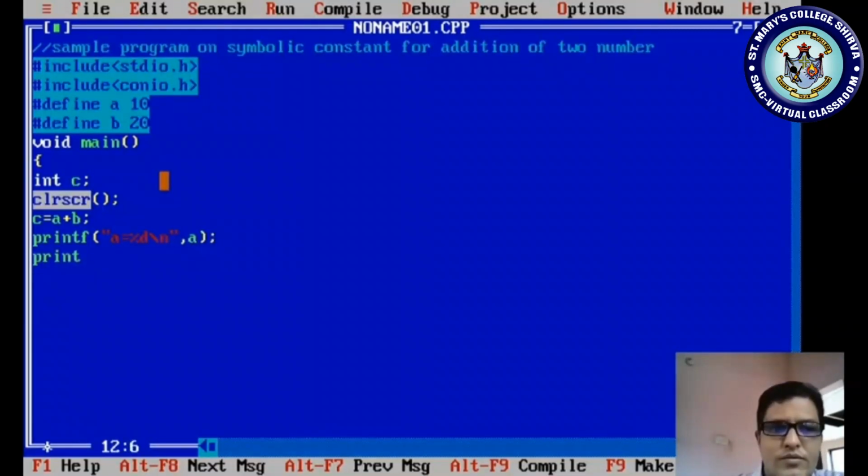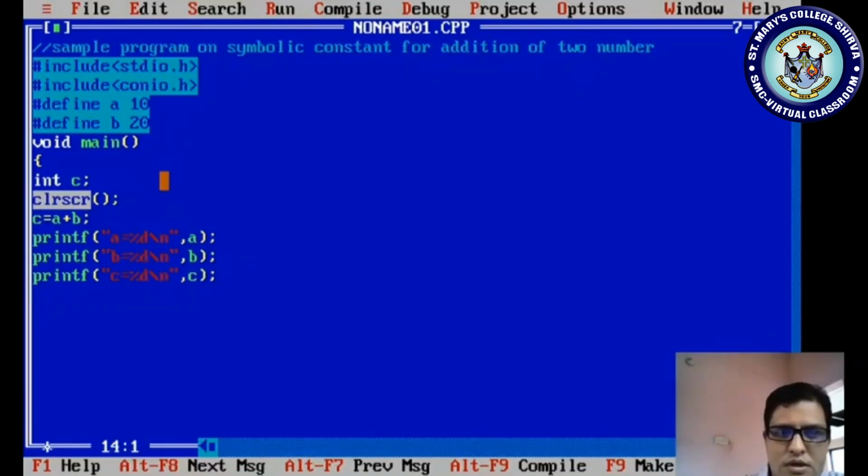Now printf is the output function. It displays, okay, percentage d slash n comma b, and printf c is equal to percentage d slash n double quotation c.